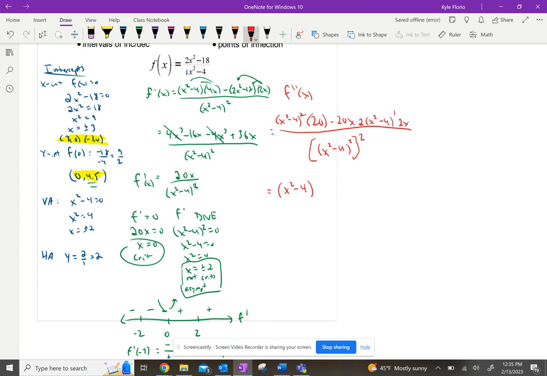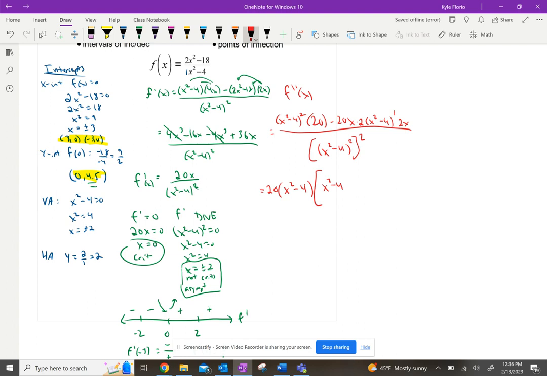I'm going to take the 20 out. It'll make the multiplying stuff a little bit easier. So if I take that out, if I take a 20 factor out and x squared minus 4 factor out, there's still one x squared minus 4 factor left. This 20 is gone, but I have an x times 2 and a 2 times x, so